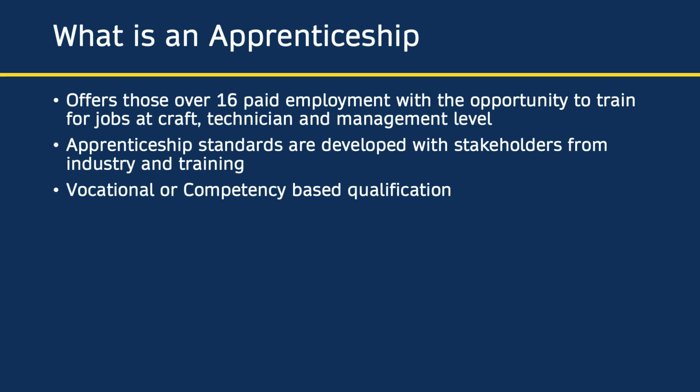They've drawn up this list, and to complete the apprenticeship you have to produce a portfolio of evidence which proves that you have actually performed those skills to a very good level, to a competent level. And that's what it means by vocational or competency based. It's a list of things which you have to be able to do and you've got to demonstrate you can do them.